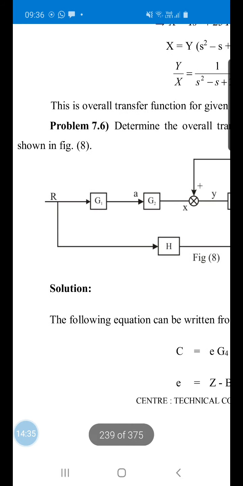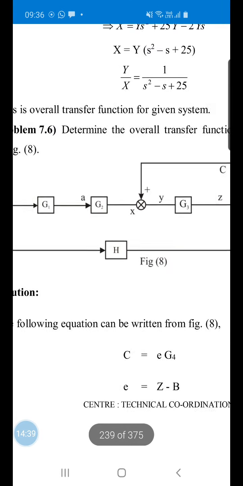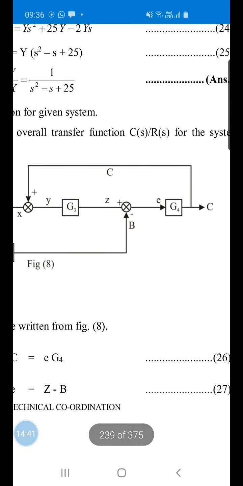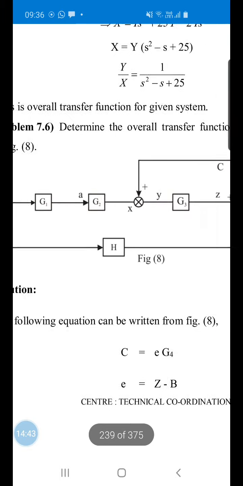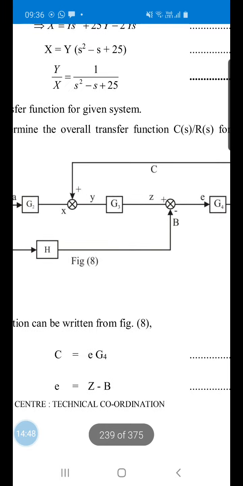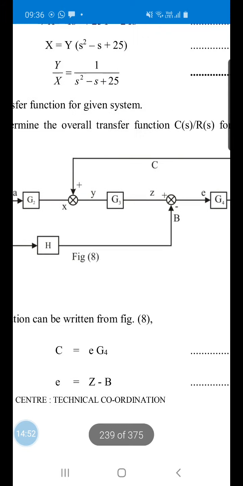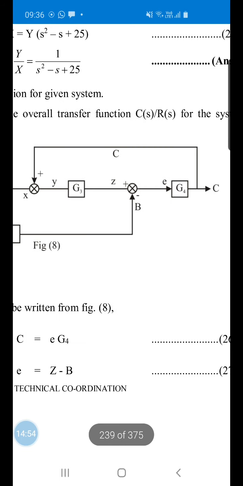Problem 7.6. Determine the overall transfer function C by R. So here again you can see there are inner loops. This is one loop and this is another loop. You have to find out C upon R. Again you have to put some unknown constants if not given, and then you can start solving. Now tell me, what is the C? C will be